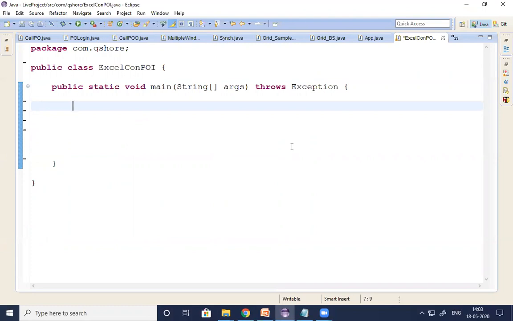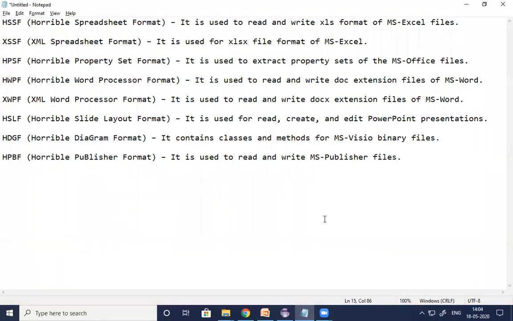So I explained to you already the different formats of Excel it will support. Which Excel formats will it support? Do you have any information for that? Yes. And the main advantage with this poi.jar file is, guys, this is not only for reading the data from Excel. This poi.jar file we can use for reading the data from Word documents and PowerPoint presentations, and from binary images also we can read the data. So that information I'll show you here. I just maintain that information in a notepad here. See the different formats, guys, here.